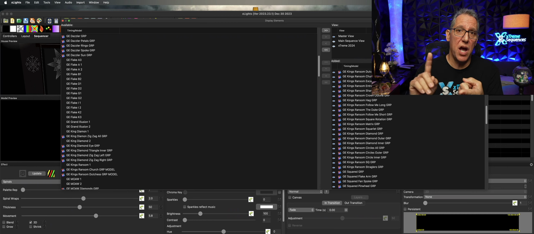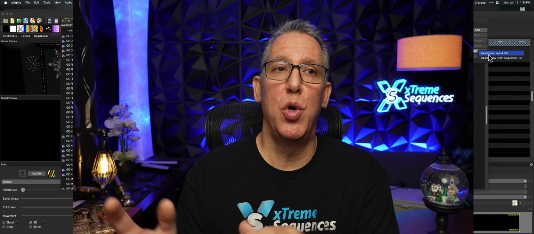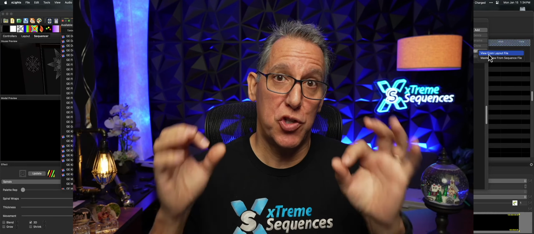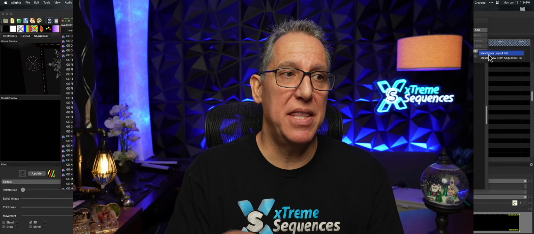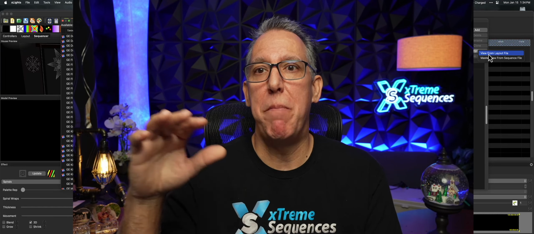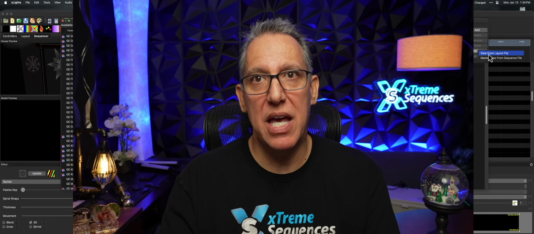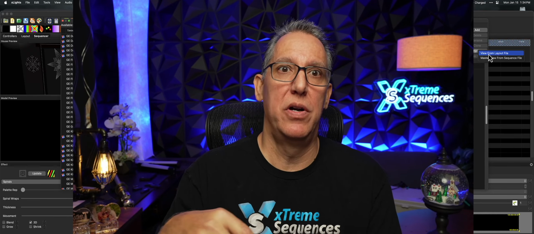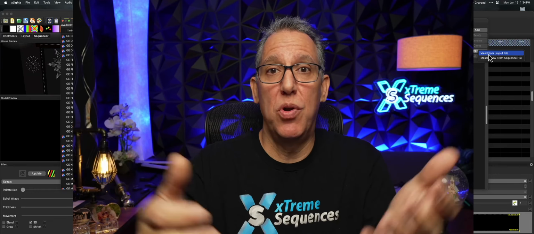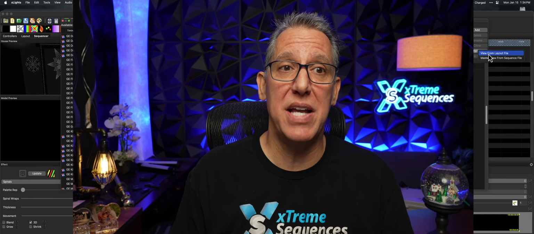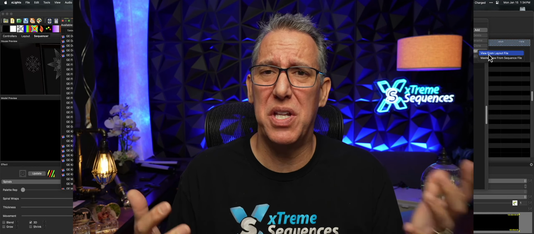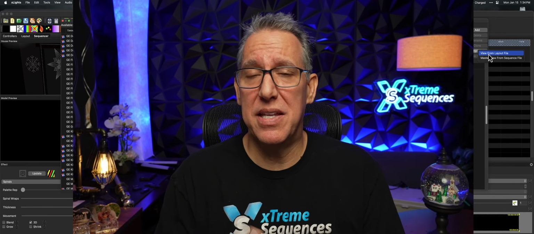So if you're rocking other people's sequences, no matter who they are, or you're getting shared sequences, or you're getting my sequences, I would have a view for all of these various sources to make your mapping experience better. I think the idea of having to go into the mapping side and training it over and over and over until you get it right, that was really 2019. I think we can do better. And if you're getting that advice, I would ask, why are we still doing it the old way? I think this is a better way.